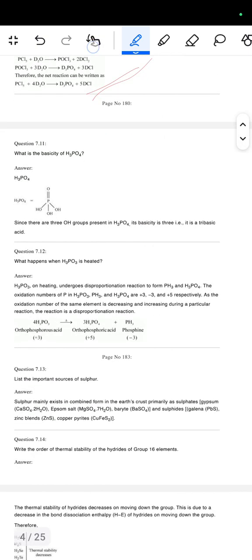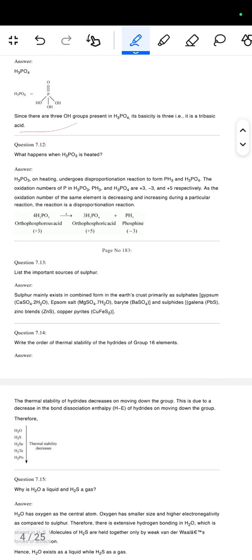अगला है कि what is the basicity of the H3PO4? तो H3PO4 का स्ट्रक्चर कुछ इस प्रकार से होता है। Since there are 3 OH group present in H3PO4, its basicity हो जाएगा 3 क्योंकि ये ट्राइबेसिक एसिड है।